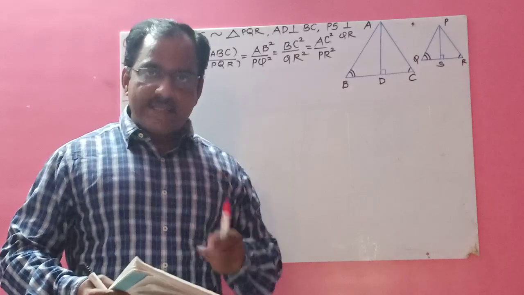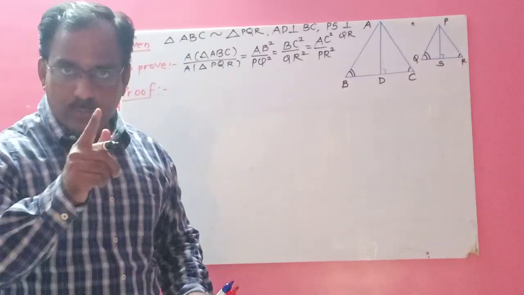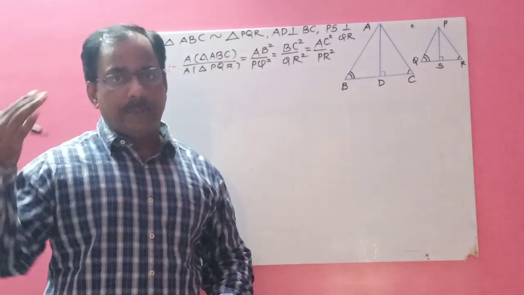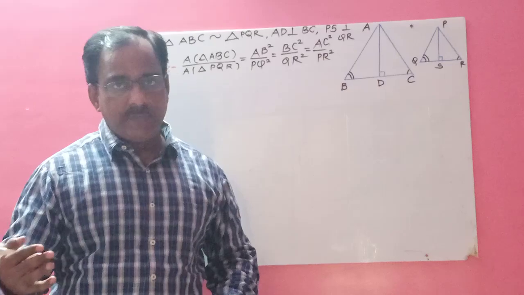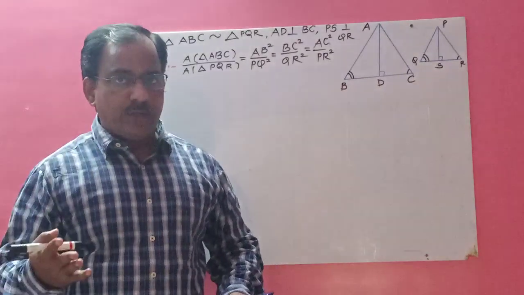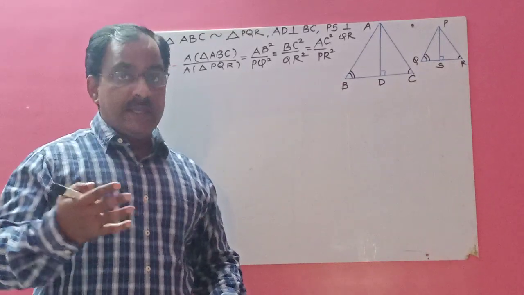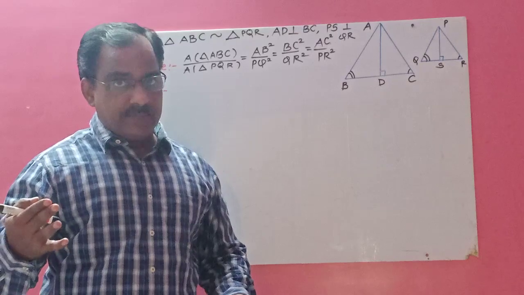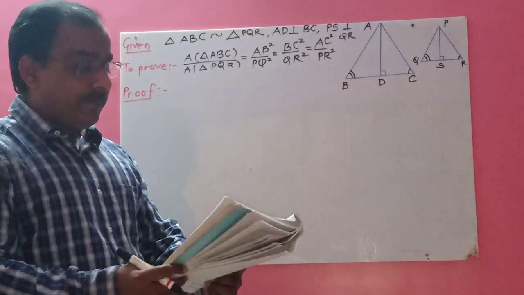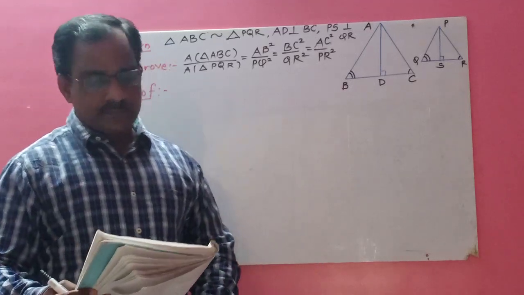When two triangles are similar, I told you, point number 1, that their angles are congruent. Number 2, their sides are in proportion. Okay. Now today we will do the third part of two similar triangles, meaning what is the relation between the ratios of their areas and their corresponding sides. Right? So just see on page number 23 in your textbook, what is the statement?